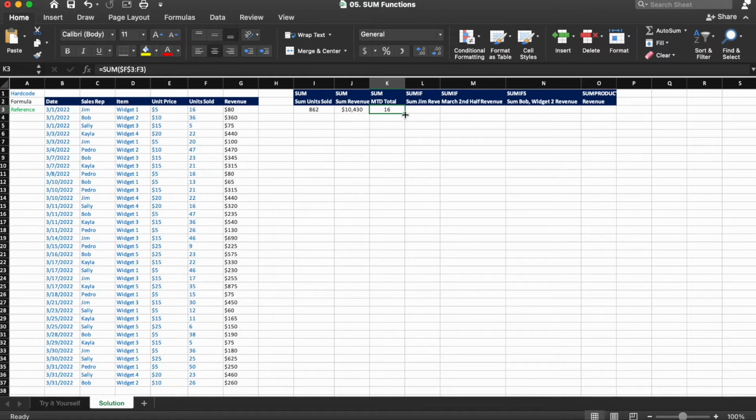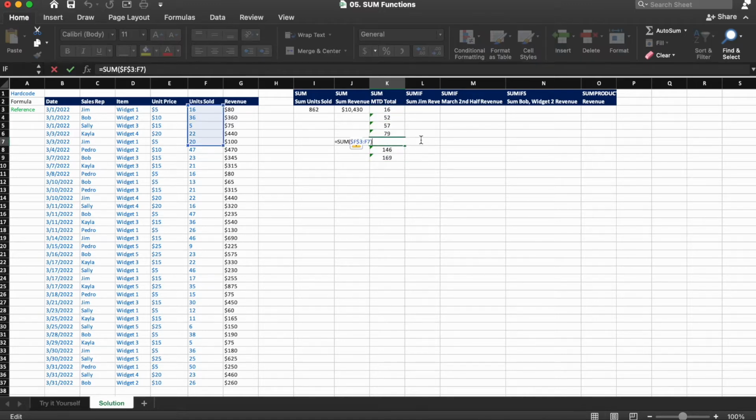Now if we use our friend the fill handle and start dragging this down, the number will get a little bit bigger as we go through the month. And if we pop into the different cells, we'll see that it's always fixed at F3, but then because we dragged it down, it'll go down. So if we go down to the next row, instead of F7, we'll see F8, and then in the next row, we'll see F9. So really handy, especially if you have chronological data that you want to look at a month-to-date view.